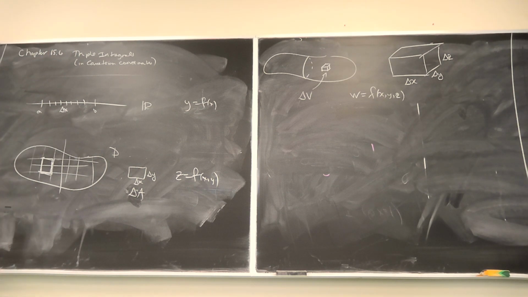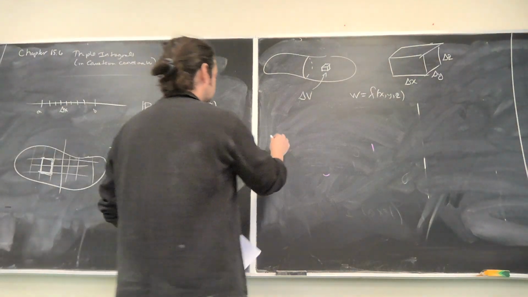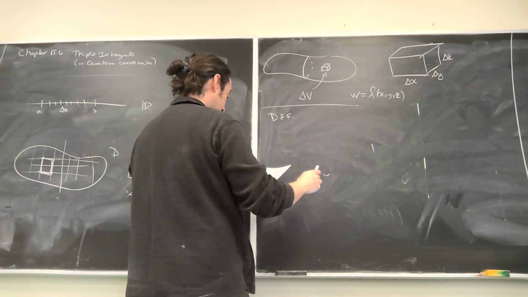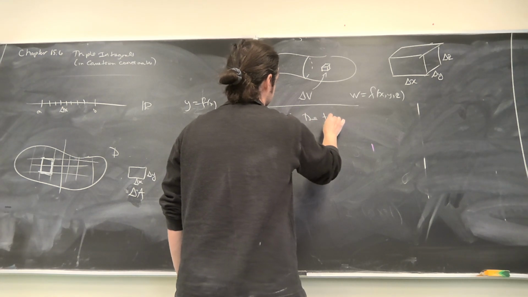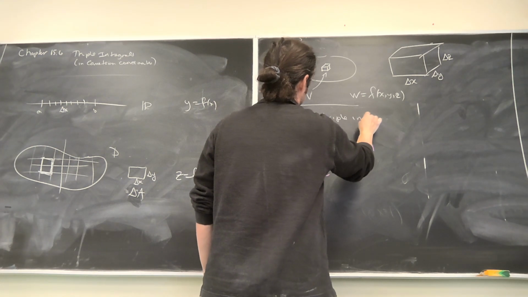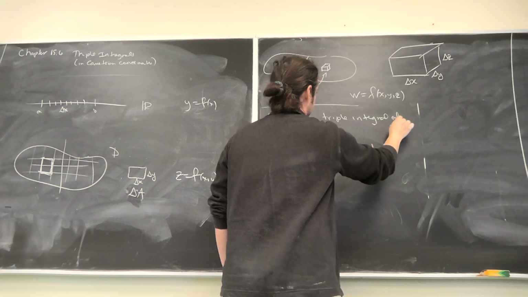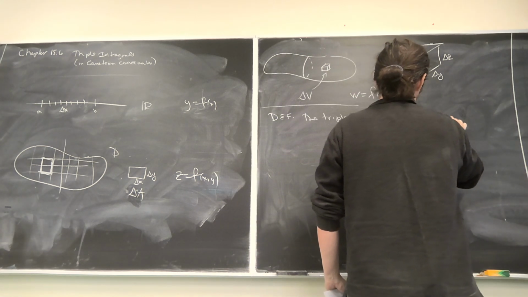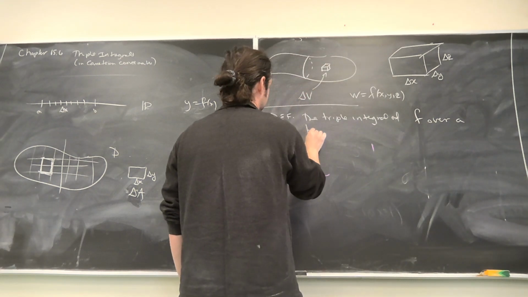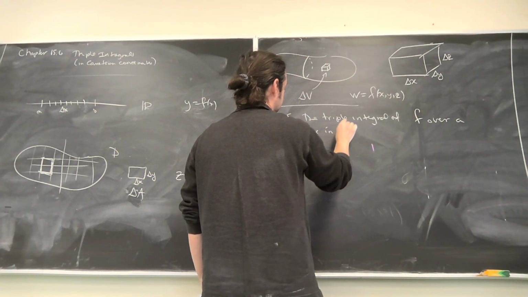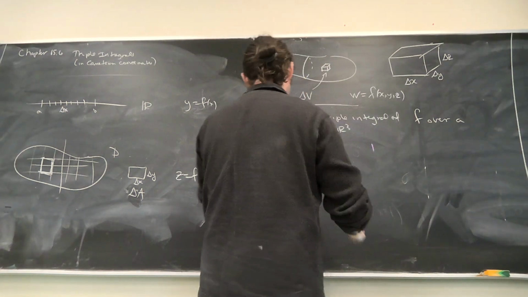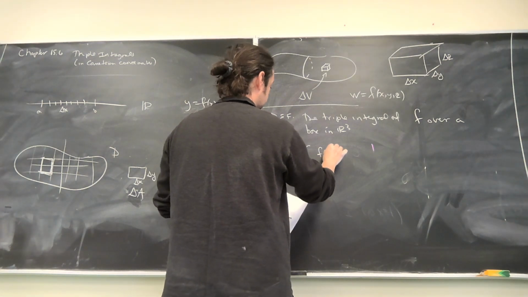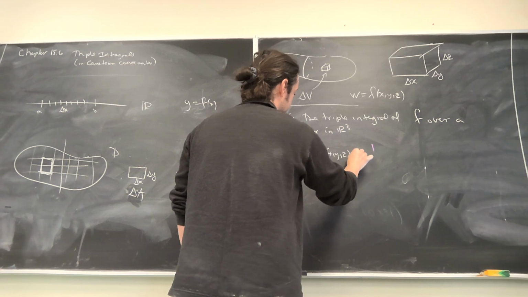So our notion of a triple integral basically is this. We're going to say, this is our definition, the triple integral of f over, say, a box in R3. So this picture where you have a box is going to be the triple integral over B of f of x, y, z, dV